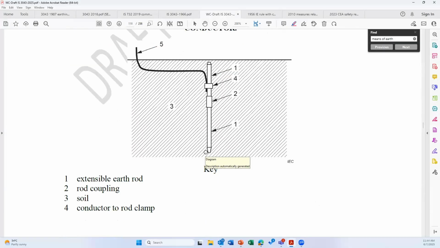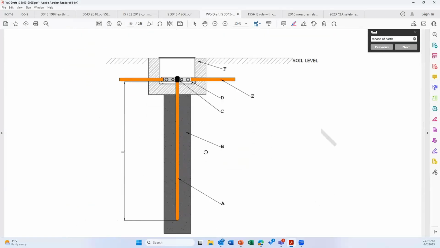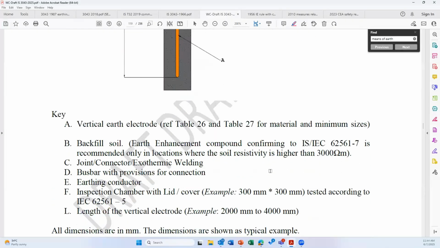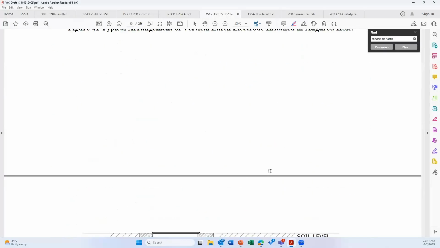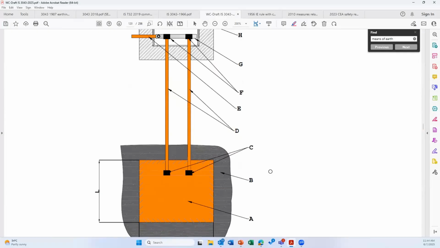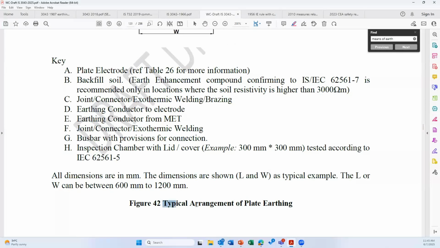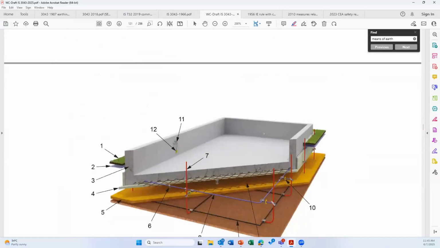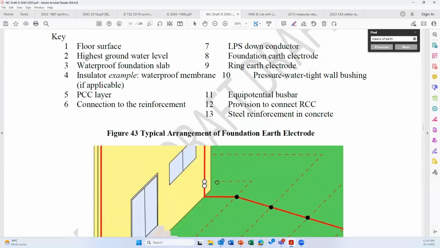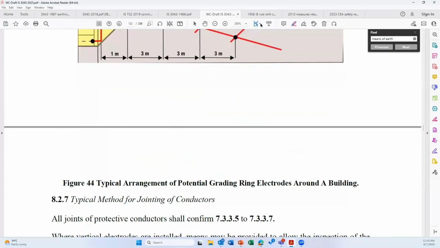The second type of earth electrode, again a driven rod. The third is again the same old information, the vertical rod buried in a hole, and the plate. Technically speaking, we have to be very careful in understanding these figures. Please note that these are typical arrangements of earth electrode. Typical arrangement means sometimes you may have to make an earth electrode and you can use this method. That is the meaning. Similarly, concrete embedded foundation earth electrode, potential grading, all these figures are being made with respect